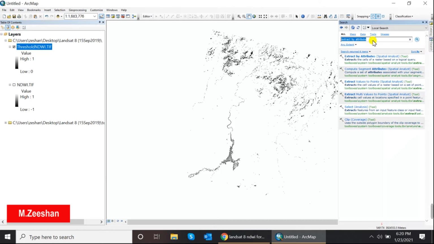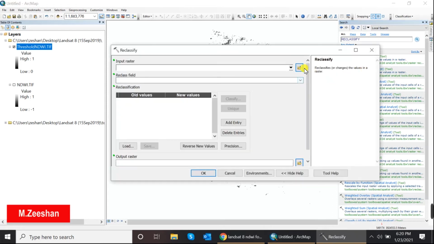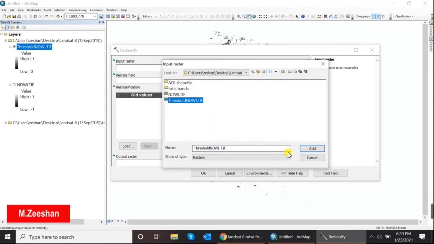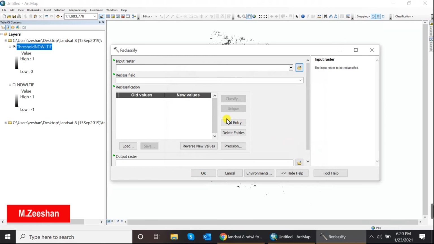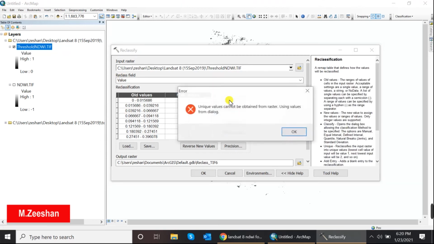For reclassify, go to search and write reclassify. Reclassify is in the spatial analyst tool. Click here. Threshold NDWI shape file, sorry, raster file. And now we will classify only one class.